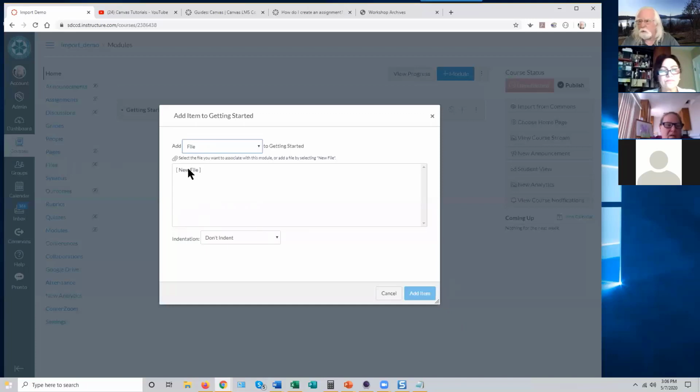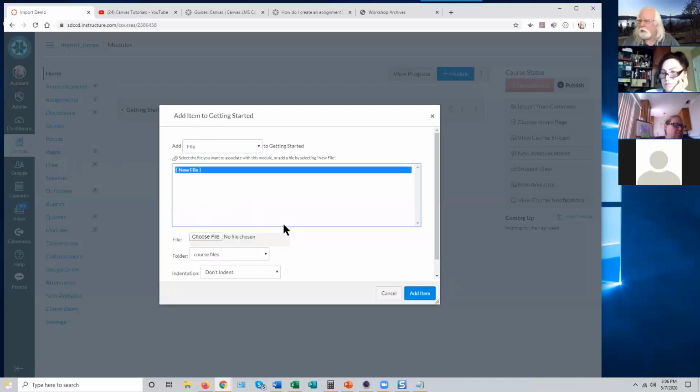But in this case, I'm starting from scratch. So I'm going to upload a new file. I tell Canvas that by clicking where it says new file. That's not counterintuitive, but it's not as intuitive as it might be. You have to know to click on the words new file or new whatever in order to get the process